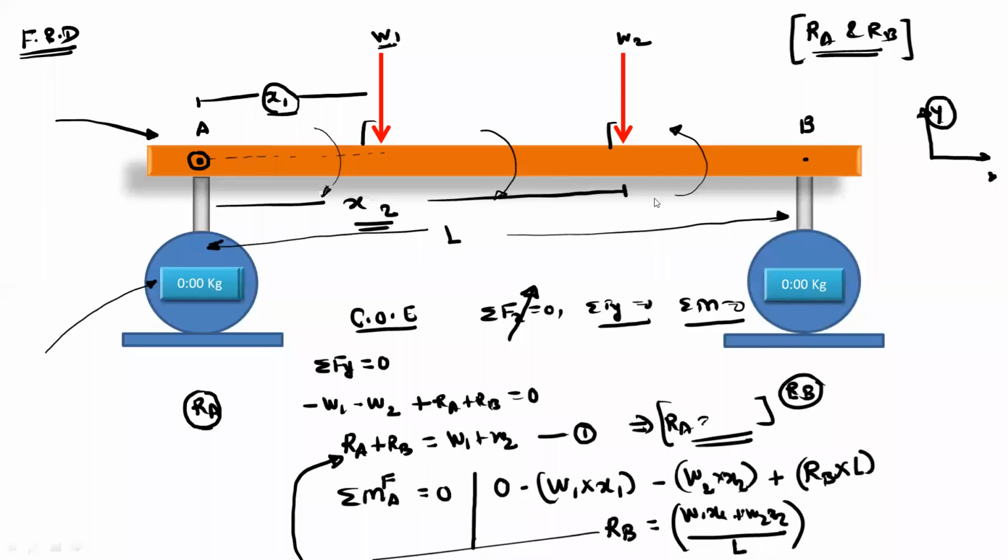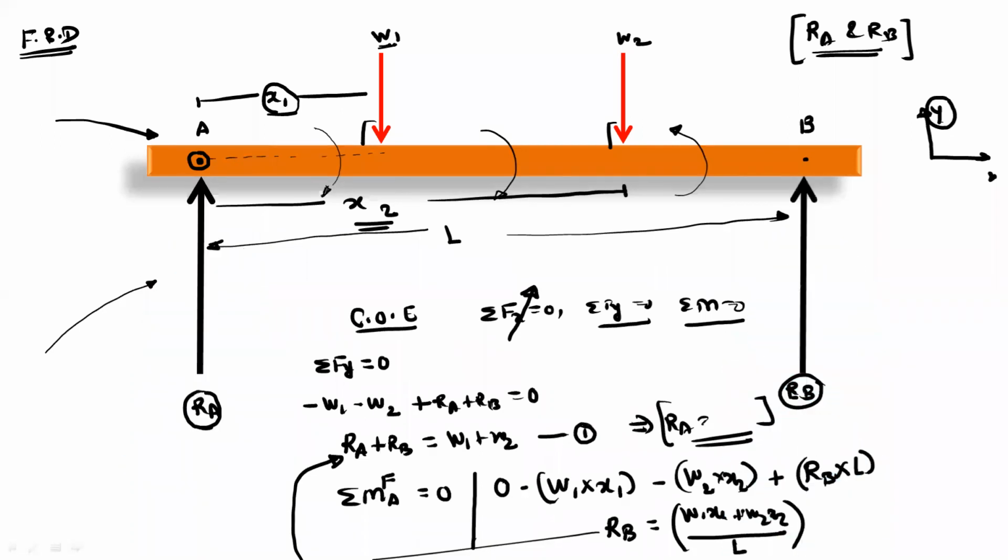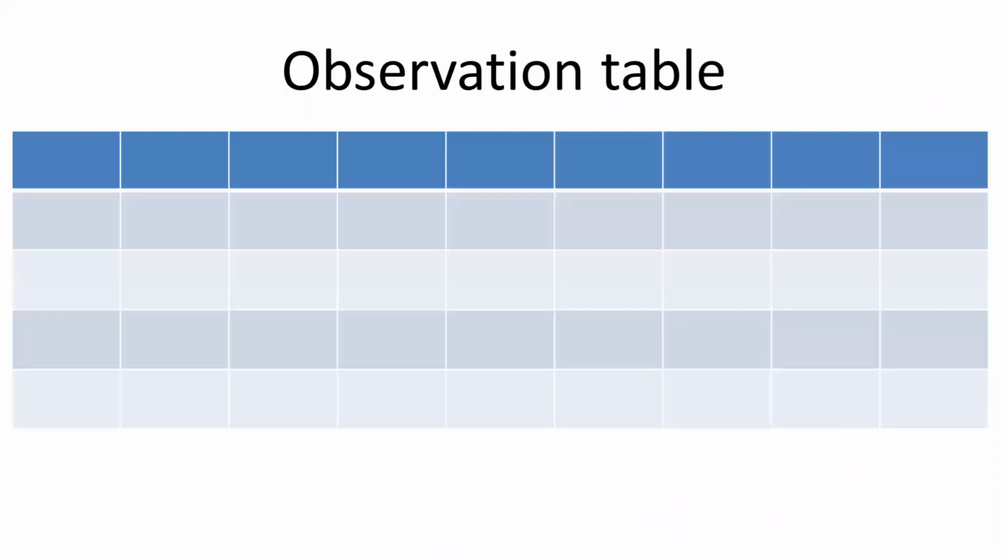Okay, so this was the experimental procedure to find out the reactions for a simply supported beam. You can repeat that experiment by changing the weight, and you can even change the position of W1 and W2 with respect to point A or point B, and repeat the experiment. Okay. So in the observation table,